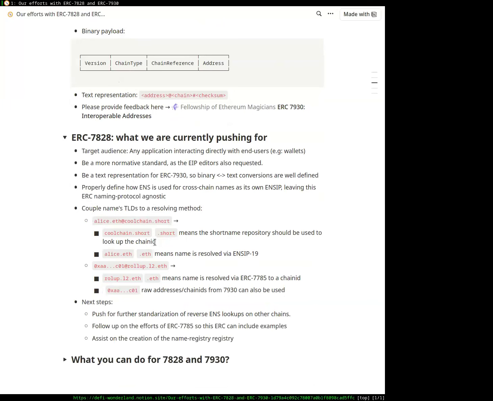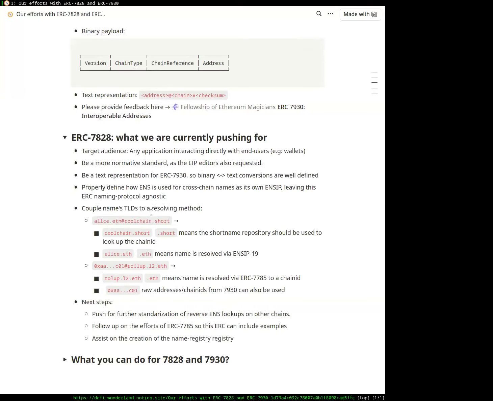And the gist of it is that every name of this format from 7930 is compatible with this one. So you can still use a raw address if you want. But it also defines that you can put hierarchical names within the address or the chain field.